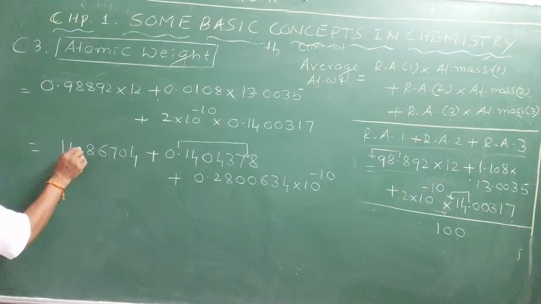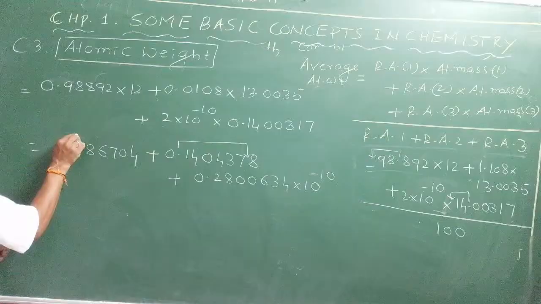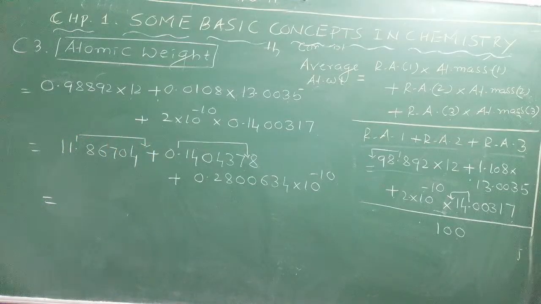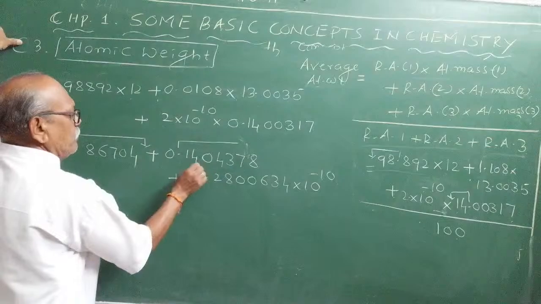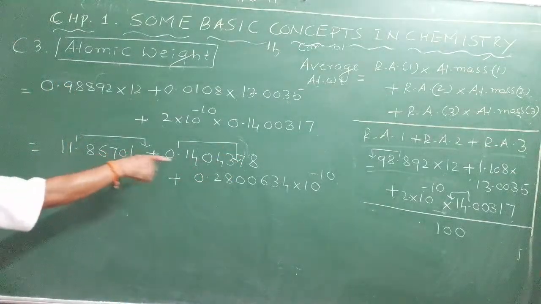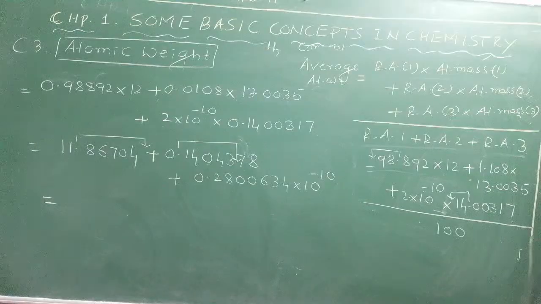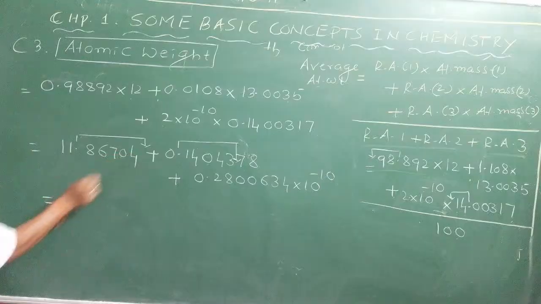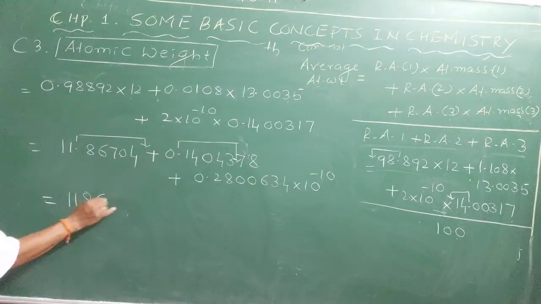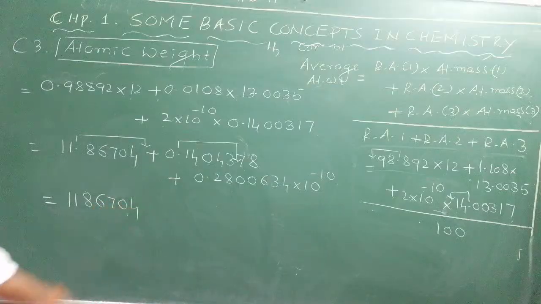Here also, if you shift the decimal point 6 places, what do you get here? Say 5 places, you can do 5 places, 3 plus 4 plus 1, 5 places. What do you get here? If you shift the decimal point 5 places to the right, you will get what? 5 places, 1, 2, 3, 4, 5. What do you get? 1, 1, 8, 6, 7, 0, 4